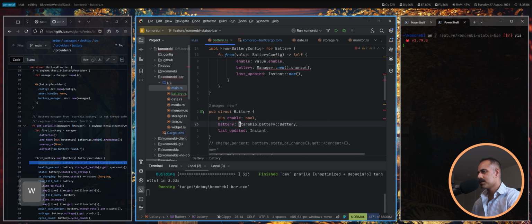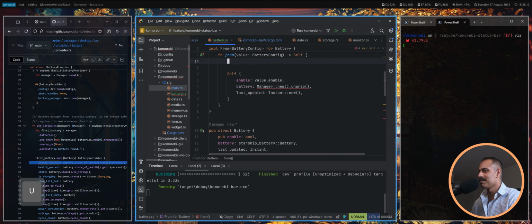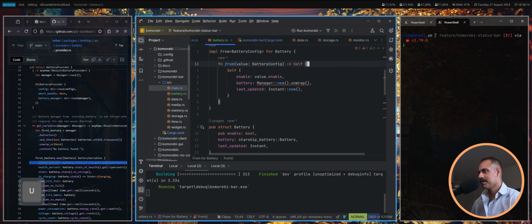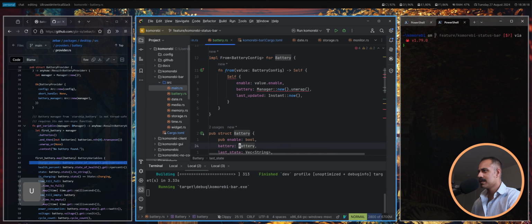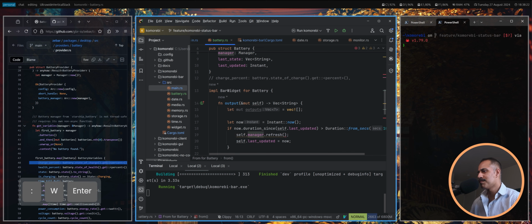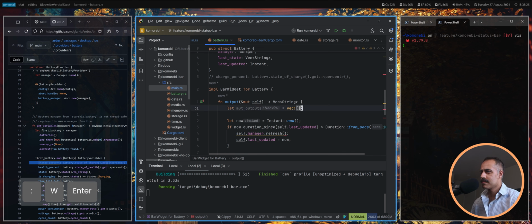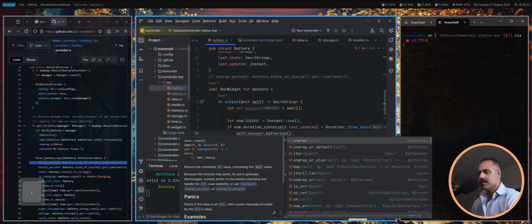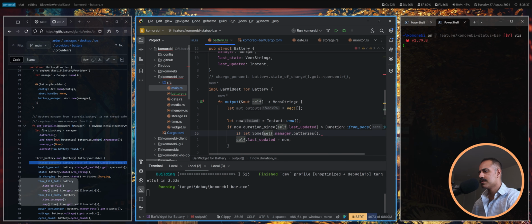This has to be an option because, for example, okay. I need to think about this. It's not going to be as simple as I thought. So, okay, so let's say we go with the manager, right? And we do self.manager.batteries. I don't want to unwrap. If let Some battery equals, if let Some batteries